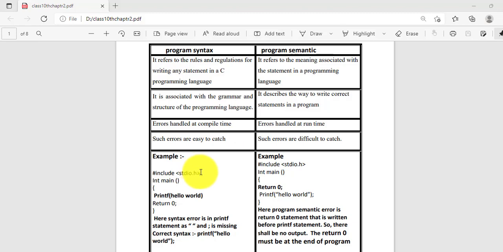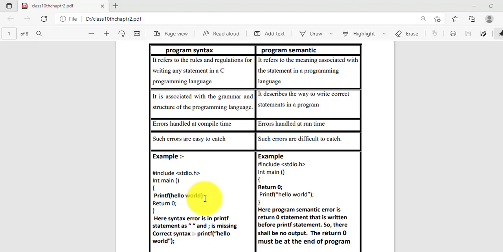You can see here a simple program in C language. This is a preprocessor directive, #include <stdio.h>, then int main, and now I have highlighted the printf statement. Here is a program syntax error. You can see there is no comma, and there is no semicolon at the end of the printf statement.